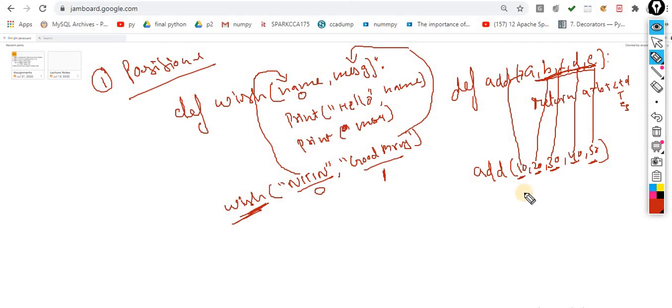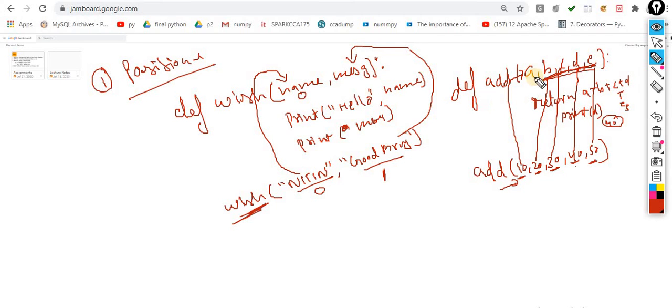This is a very simple concept. The positional argument, whatever position you supply, automatically according to that, these are assigned to the parameters. Let's suppose d is here, on the fourth position the value is 40, so 40 is allocated to d. When I print d, it shows me the output 40, because I pass this data according to the position and it automatically holds that data according to the position. These are called positional arguments. We use this concept a number of times. Yesterday in all examples we performed this concept.